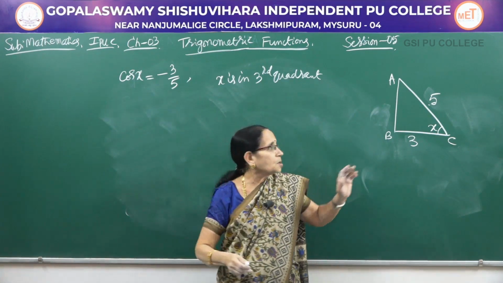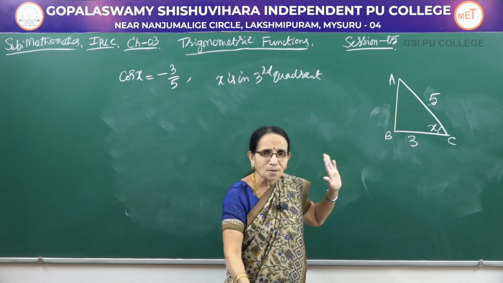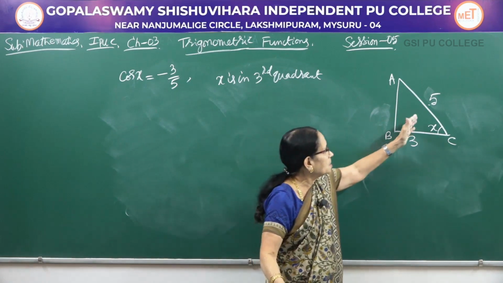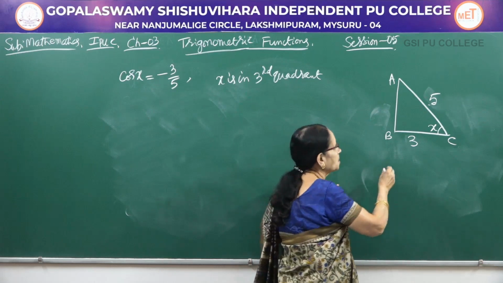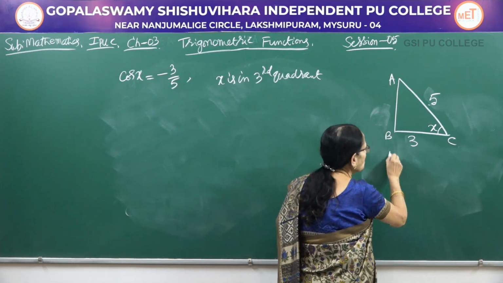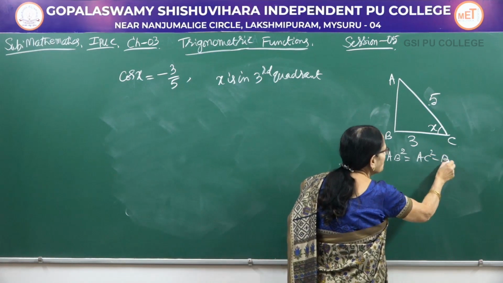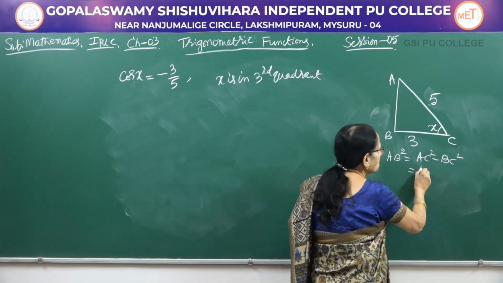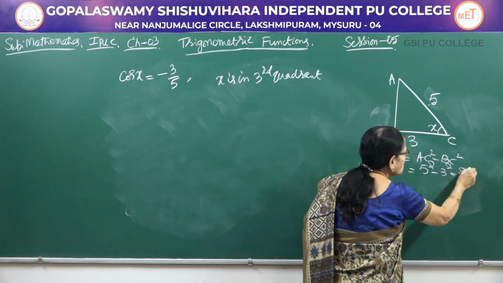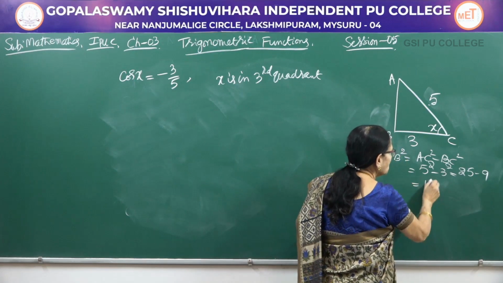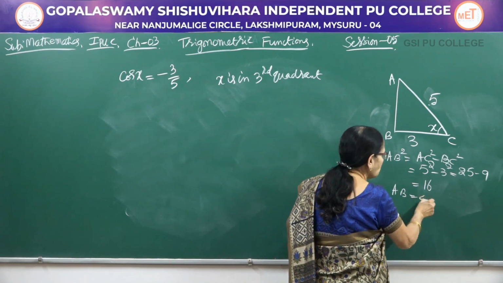This minus sign, actually this is minus only, but don't write the minus sign there. It is confusing. Now, again making use of the Pythagoras theorem, we have to get the side AB here. So side AB means, how do you write this one? AB square equal to AC square minus BC square. AC square means 5 square minus 3 square, that is 25 minus 9, that is 16. Hence, AB would be equal to 4.